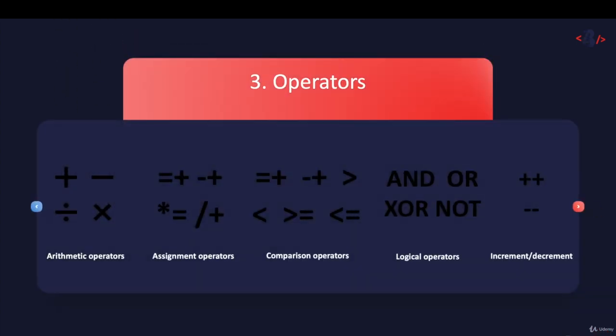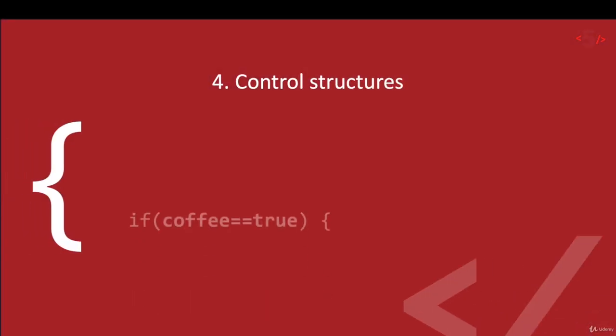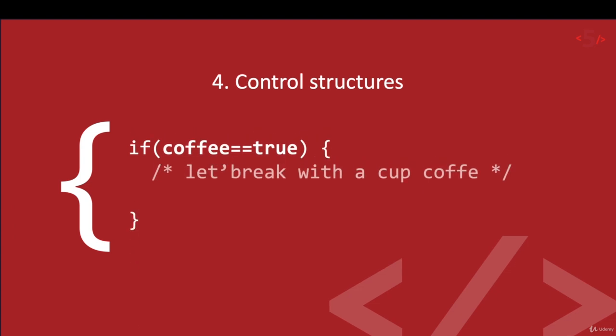In section 3, we will focus on all the different operators that we have. And these are basically symbols used to make code perform specific actions. So we have arithmetic operators, we have assignment operators, we have comparison operators, we have logical operators, and we have increment and decrement operators. And the operators that we will learn in, well, section 3 will be used a lot